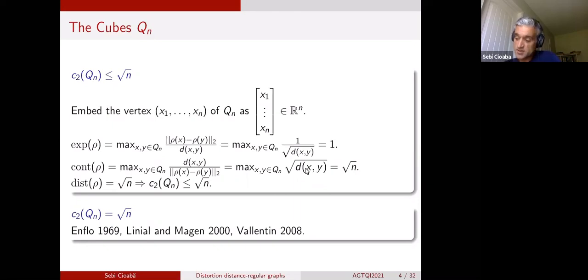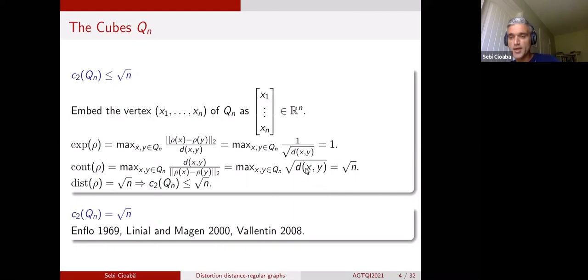In this situation, the vertices, as we all know, are binary vectors in R^n. So you can embed each vertex as itself, as the column vector. And if you again do the calculation of the expansion and the distance between the images, you can actually get that the upper bound is at most, yeah, I don't know why I put rho x there, but you can get that the least distortion is